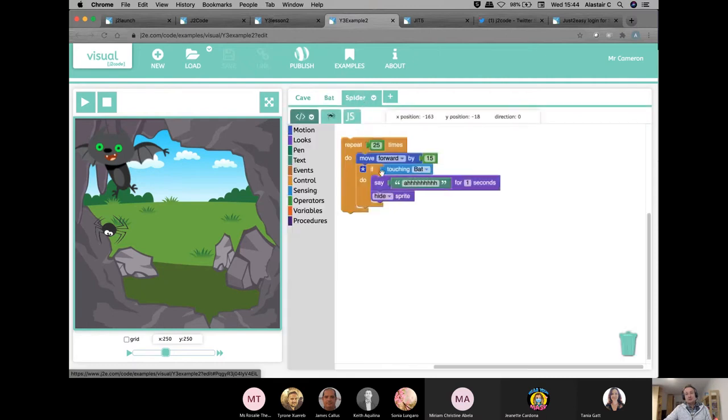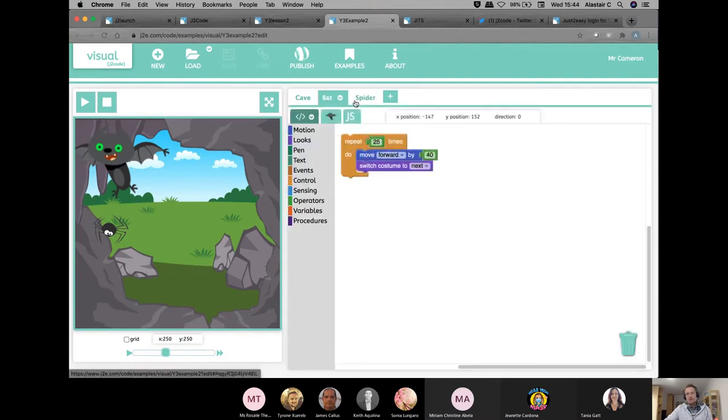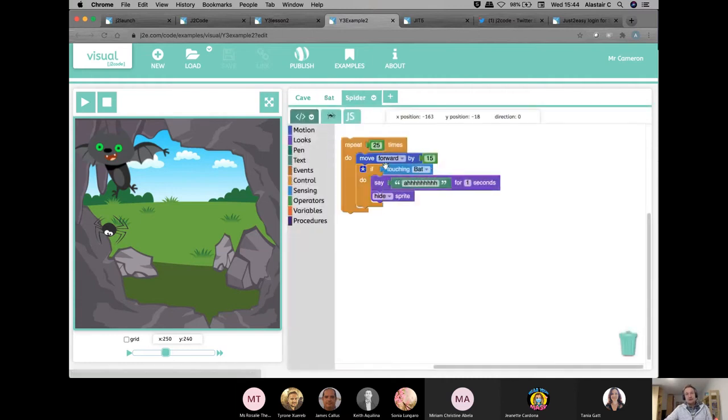With the spider, it's introduced a new command. So the repeat function is moving forward, and it's moving slower because it's a lower number that it's moving by, because the bat moves at 40, and the spider jumps up to 15 per interval.